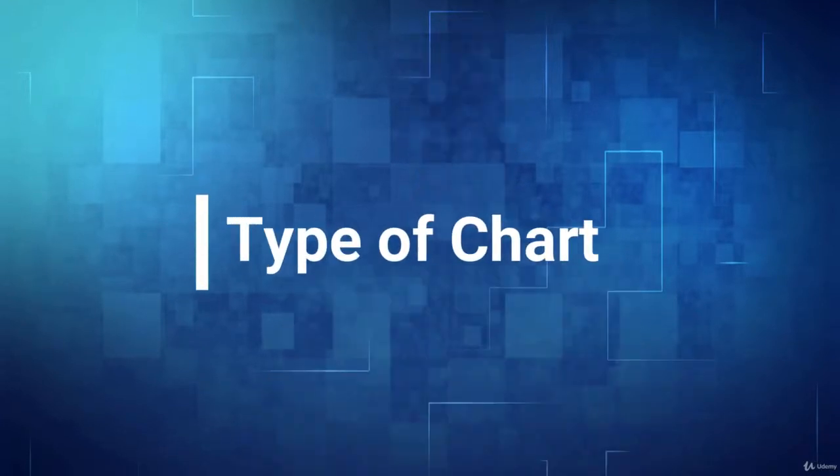Now we discuss lecture number 12, charts based on price scale. When dividing the types of charts on the basis of price scale, we have three main chart formations that will be drawn on price. The first chart is the line chart, the second chart is the bar chart, and the third form of chart is the candlestick chart.